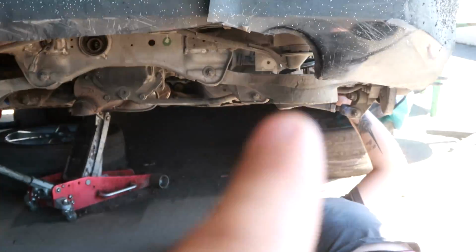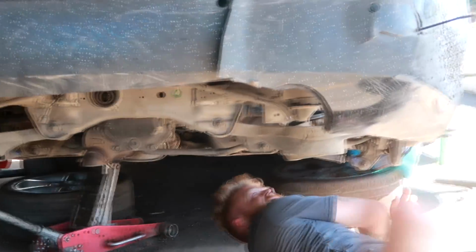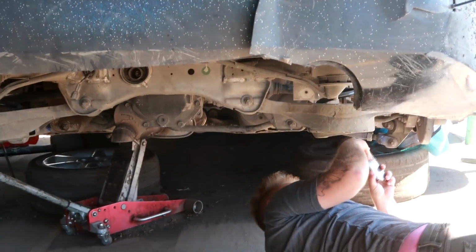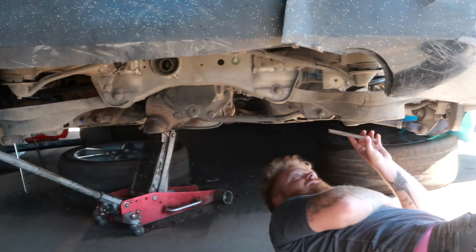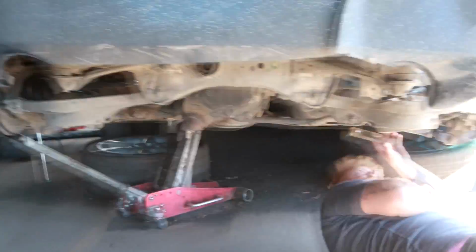And then also the camber arm on both sides, well, on this side, sorry, is really bent. So what I'm gonna try to do first up is replace these two arms and see what the back of the car looks and feels like, and then go from there. So my main reasoning behind that,